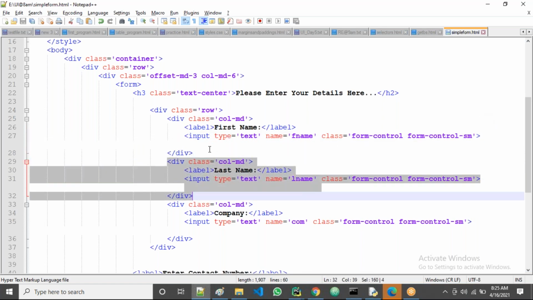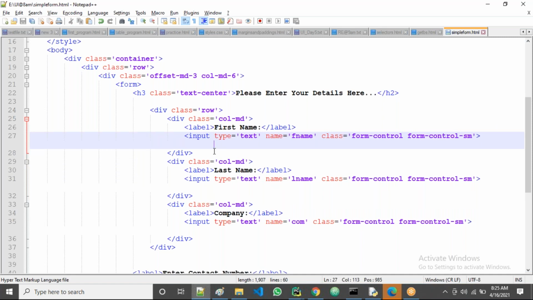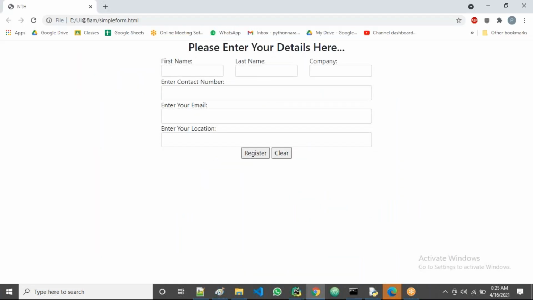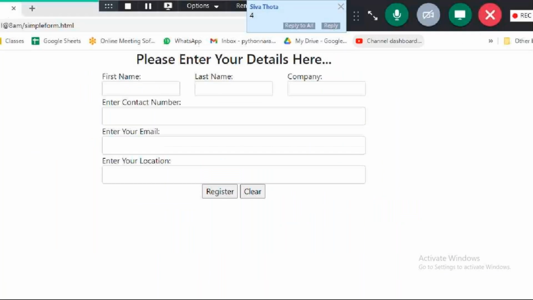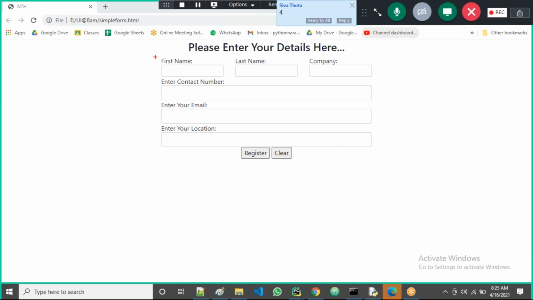Yes, guys, four columns, because in total there are 12 columns. Out of 12 columns, this one occupies 4, the next occupies the remaining 4, and the last one occupies the last 4 columns.